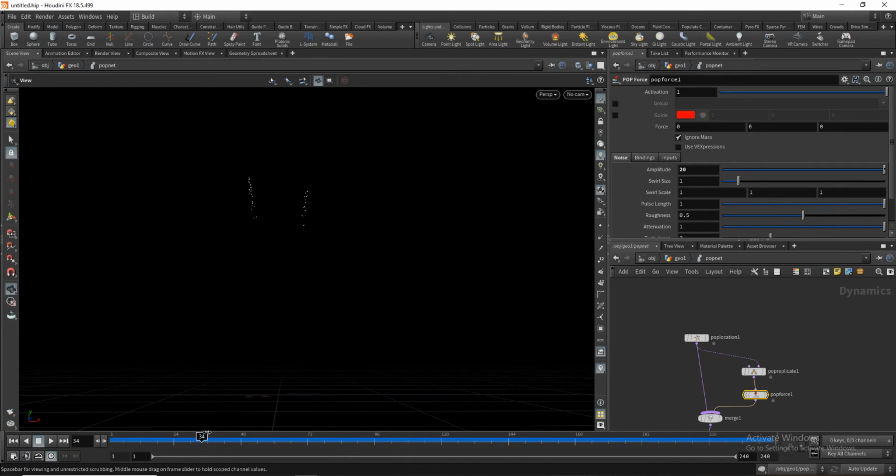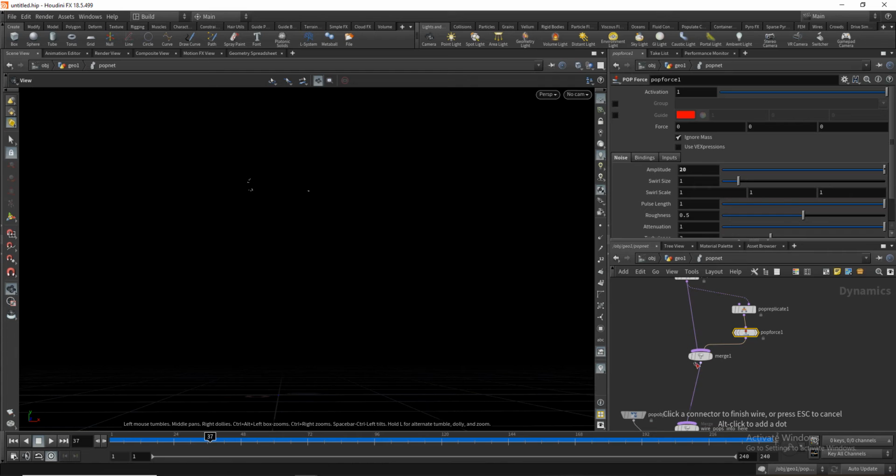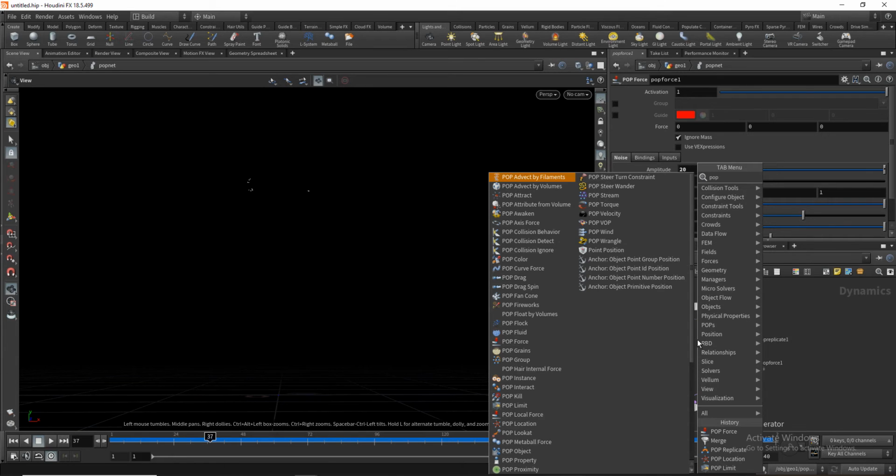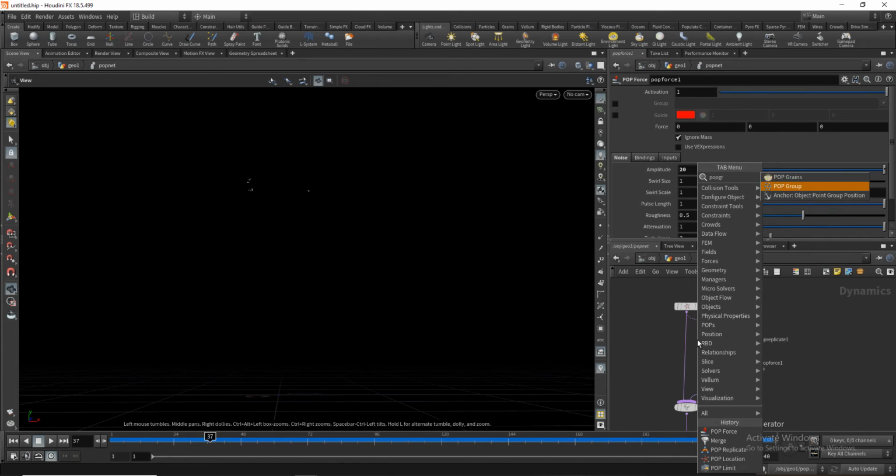So now our rocket is going up, and when it dies, the blast will happen. So how to create that blast when the rocket is dying? So what we have to do here, I'll take a pop group